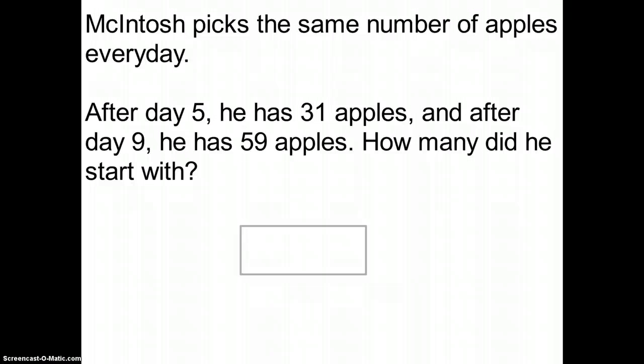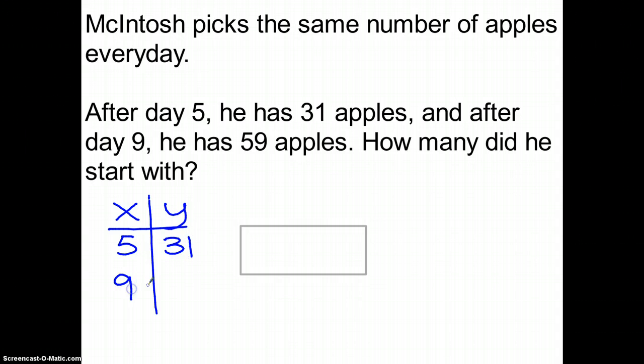Macintosh picks the same number of apples every day. After day 5, he has 31 apples, and after day 9, he has 59. Well, I've got days, and that's just the same as terms, so 5 and 31. 9 and 59. So I need to find this number